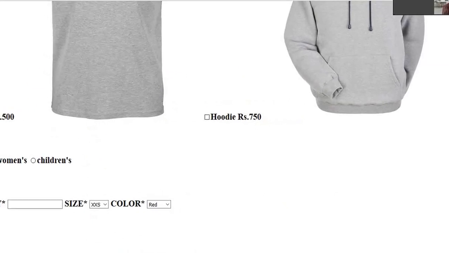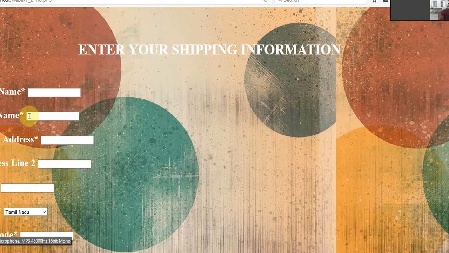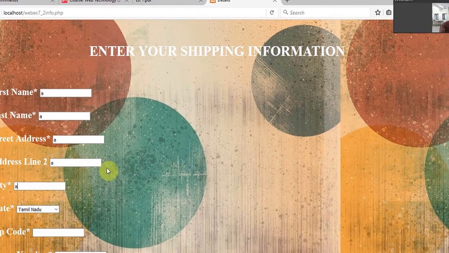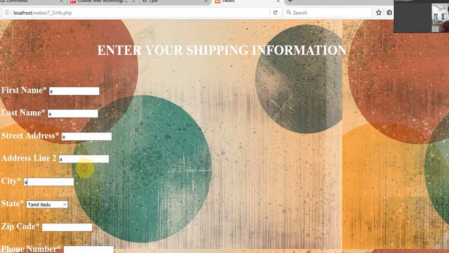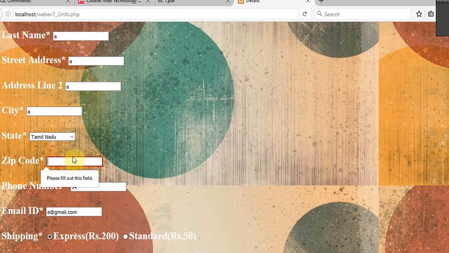This is my sample output. Here I'm selecting the item, this and women's, and I'm specifying the quantity. When I submit the query, it will direct me to a details page where I have to type my name, last name, and then address, line 2 and city, zip code, phone number, and then I have to give a mail ID. These all are required fields, and when I click continue,